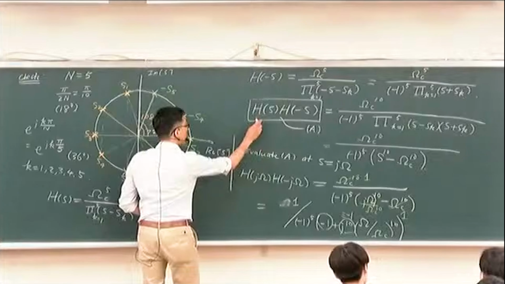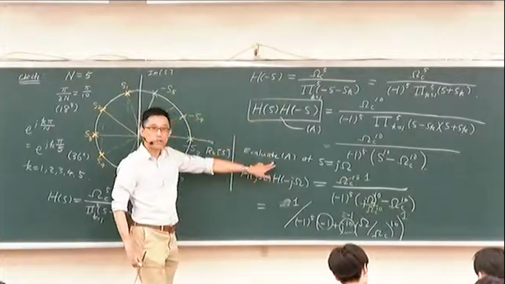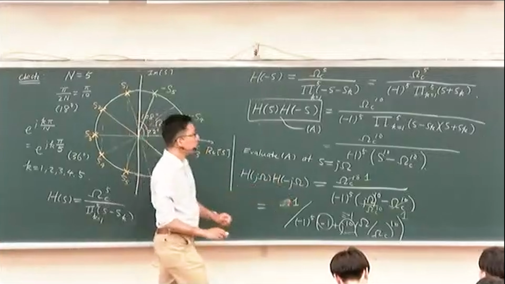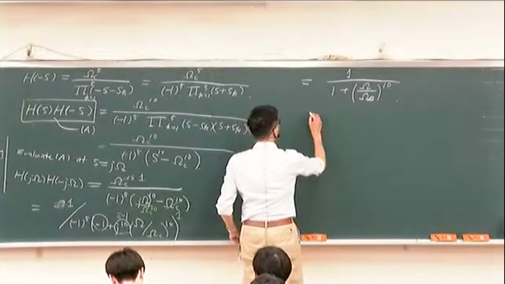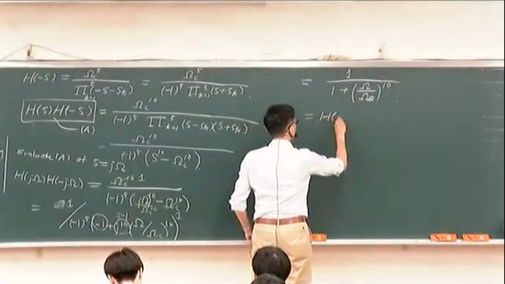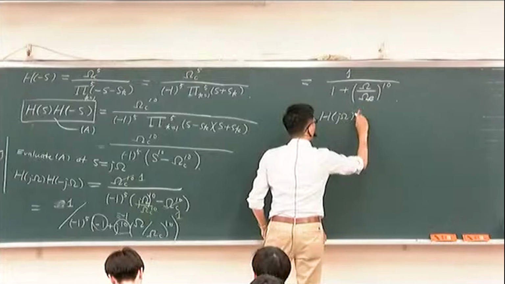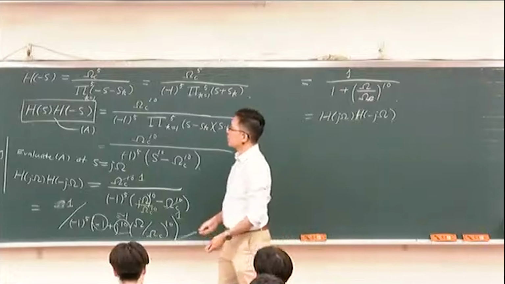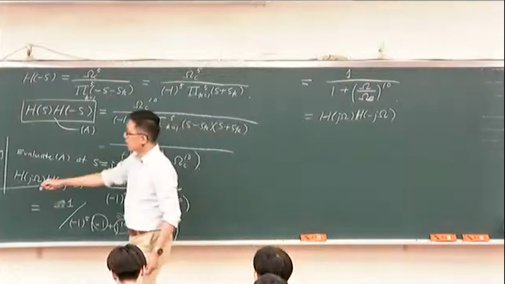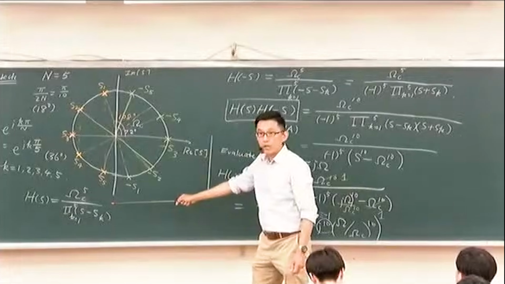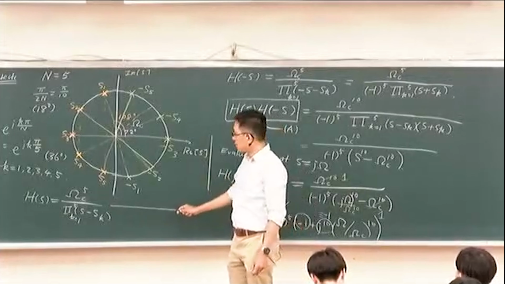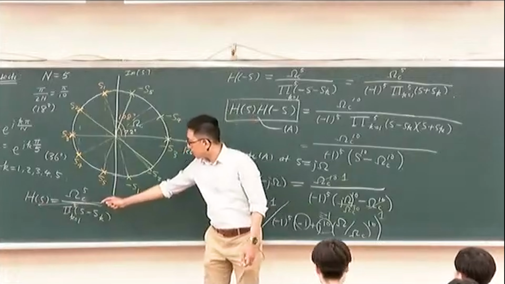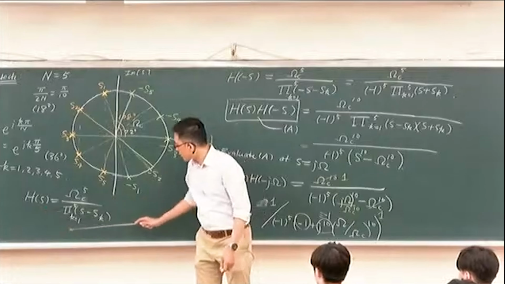We are evaluating expression A at s equals j omega. But here, this expression is h of j omega times h of minus j omega. What is h? h is before we add 5 more roots. That's h. So it turns out that this h